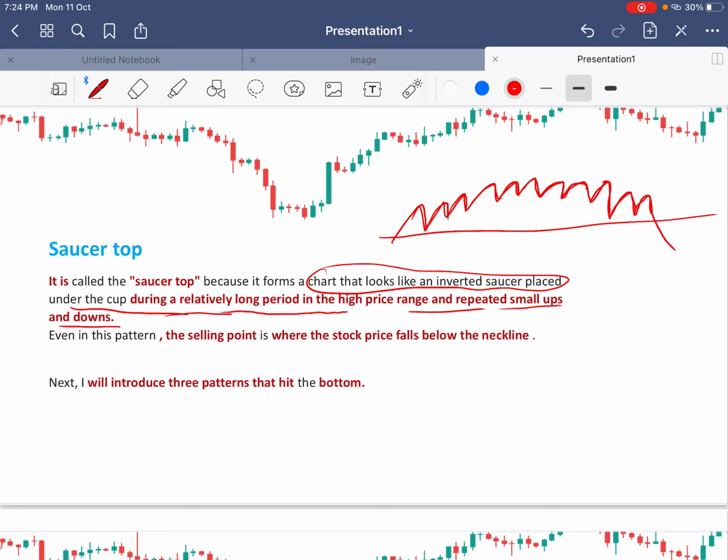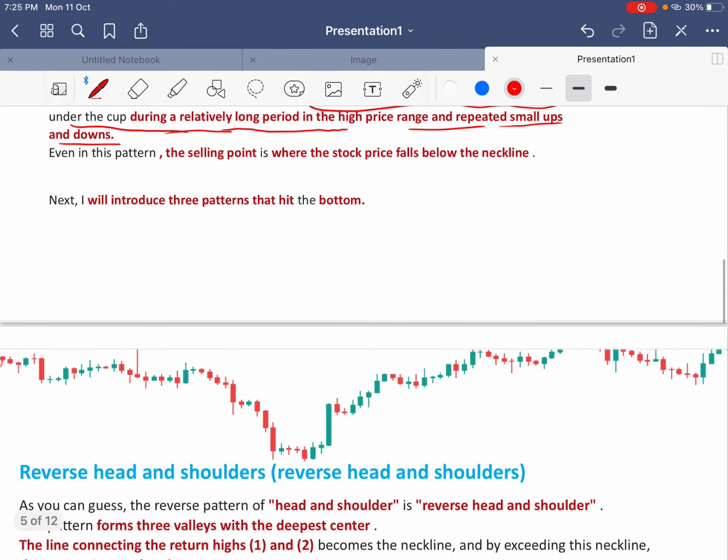shape, and after breakout from this price range, it might reverse back to a bearish trend. From the bullish trend, or you can say from these ups and downs, the stock might fall to a lower zone. So this is also a trend reversal pattern. You have to remember this pattern in your trading. In the coming video I will explain these patterns on a live chart, so stay in touch for a better